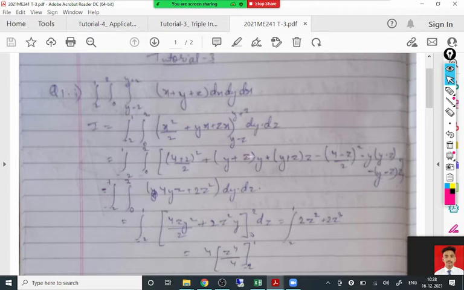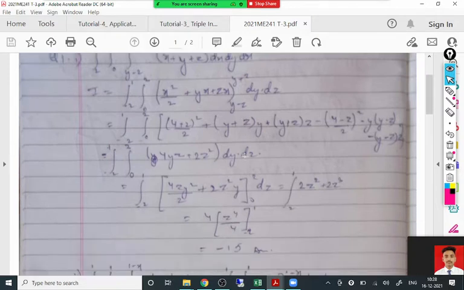I will tell you the most important thing when you do this triple integral. Two important things you should have. First, your focus on calculation. You should be very focused while doing a calculation and should not make silly mistakes. Sometimes you take an LCM or some substitution and you miss a sign. These two things mainly happen and you will get a wrong answer and lose marks. None of the triple integrals are difficult, they are just lengthy. So your focus should be there, and you should have the ability to deal with the simplification, so you should be able to simplify it.